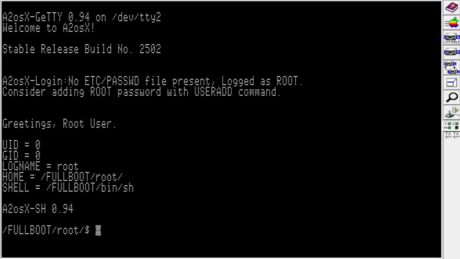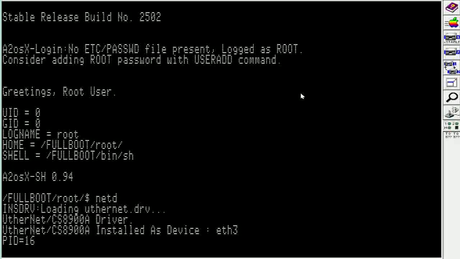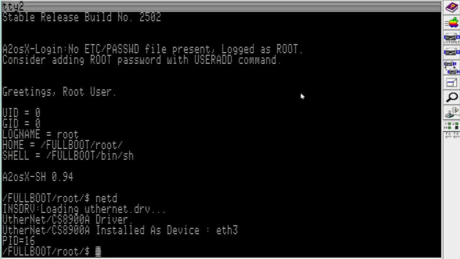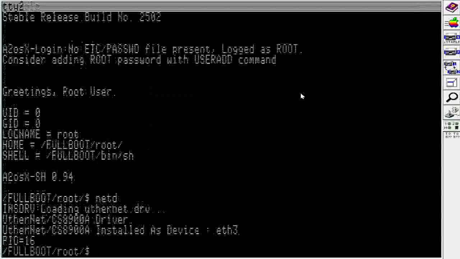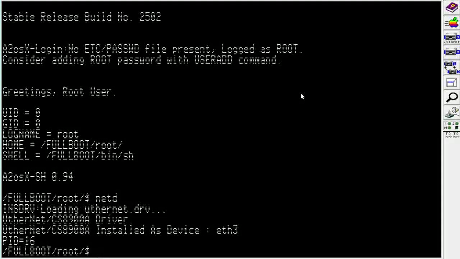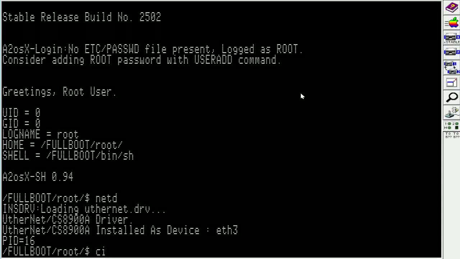Okay, we're back in AppleWin with A2osX freshly booted. I'm going to start the network. It loads the driver for the Ethernet card, loads our TCP stack, and in fact I can switch to the console and see that it's gotten an IP address. And then if I want to use SIFS, I use our new daemon